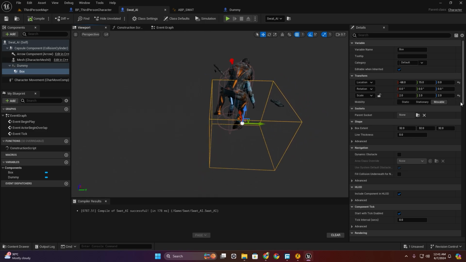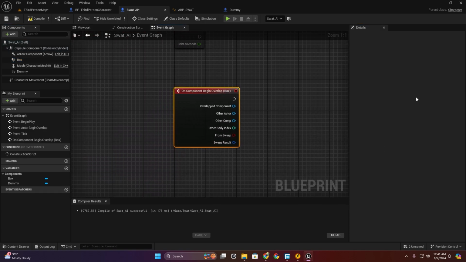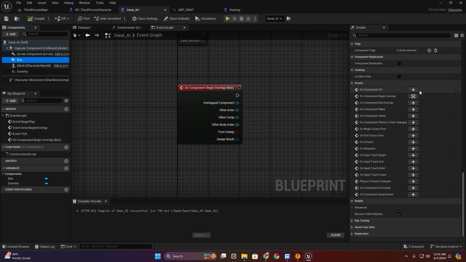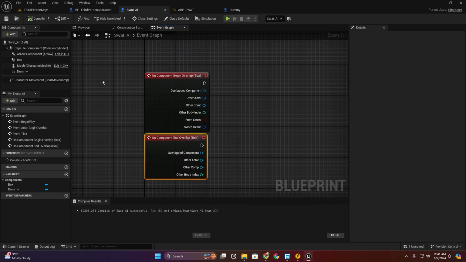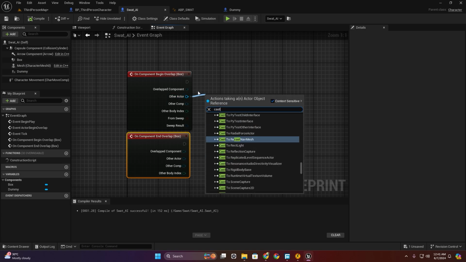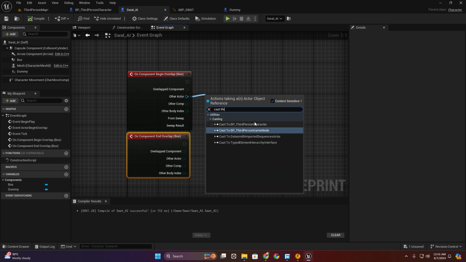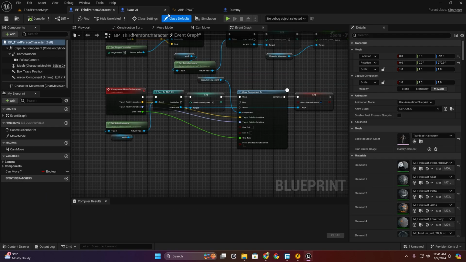And now on component begin overlap, also we have to get component end overlap. On begin overlap, I'm going to cast to third person character. On third person character,